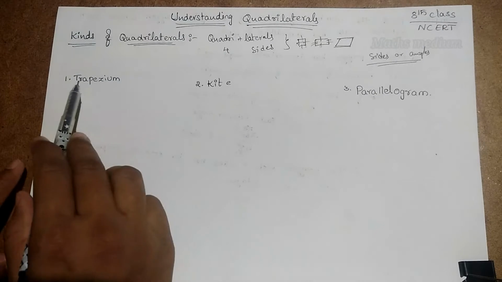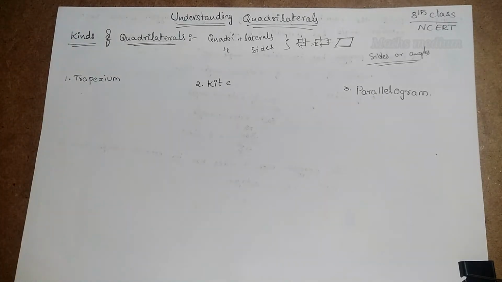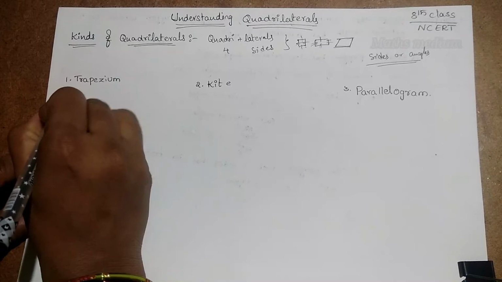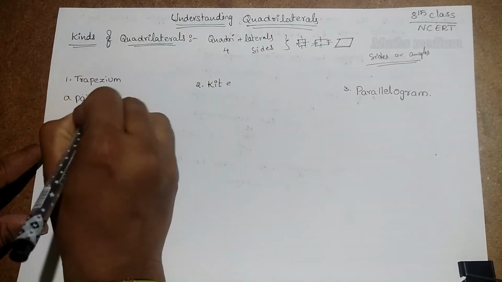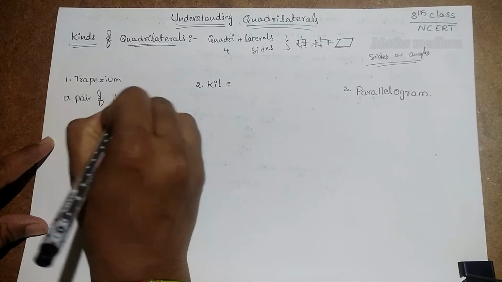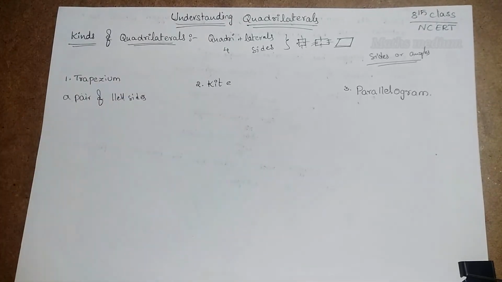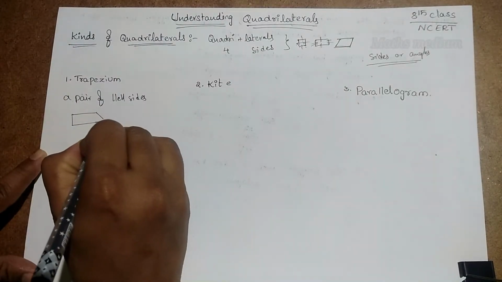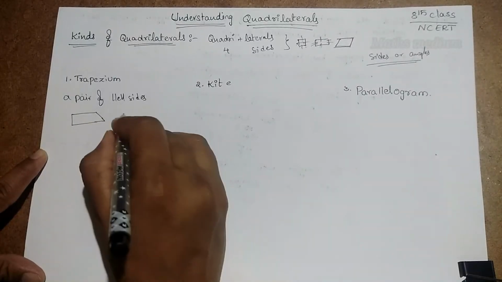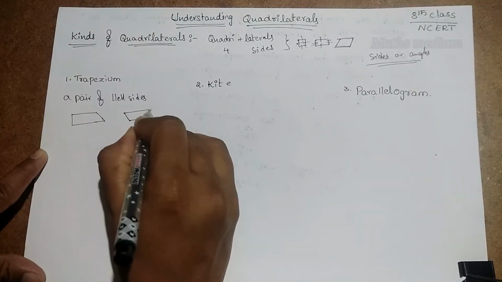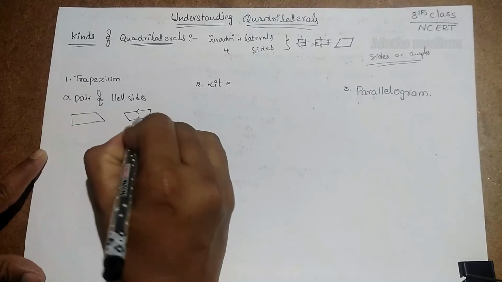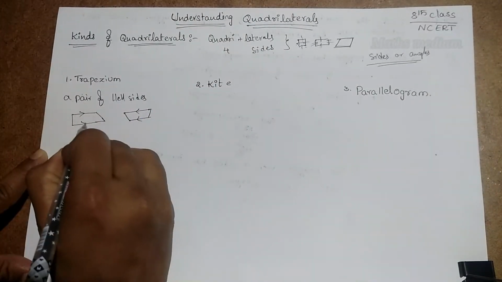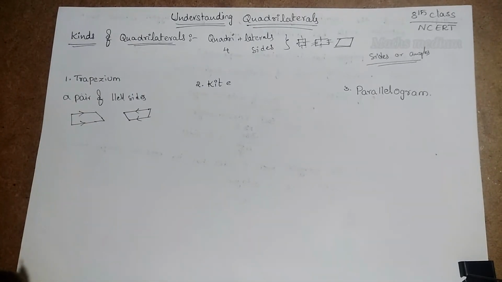First of all, let's move into the trapezium. Trapezium is nothing but a shape that has a pair of parallel sides. If you take any quadrilateral, if that quadrilateral has a pair of parallel sides, it is said to be a trapezium. Similarly, the trapezium shape is this. Apart from this, we have one like this. If you see, this is a parallel line, this is also a parallel line. These arrow marks are showing you the parallel lines.